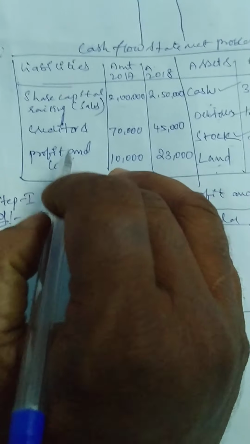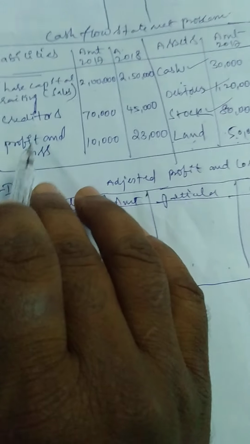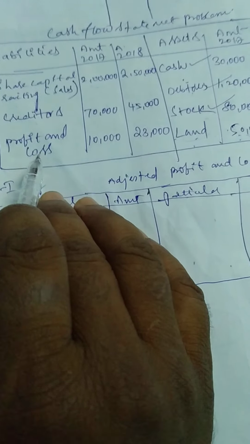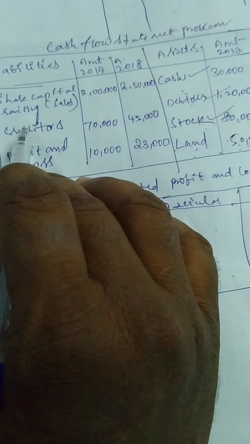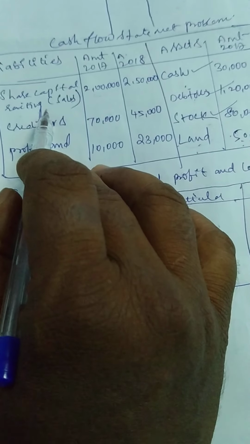Creditors, it's a liability. And profit and loss account. Now we have taken only the adjusted profit and loss account. Now take it as a profit and loss account. Some people are having some doubts. Sales means cash inside, so how does it increase or how does it decrease?